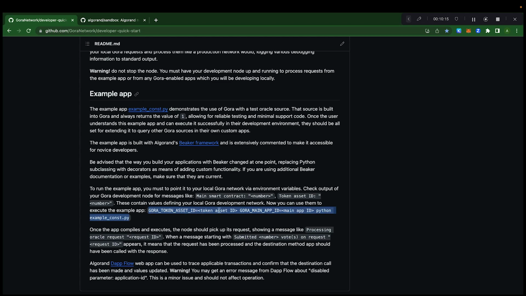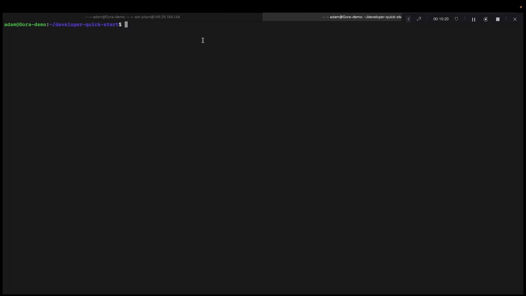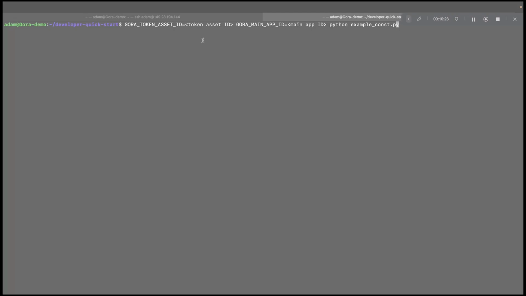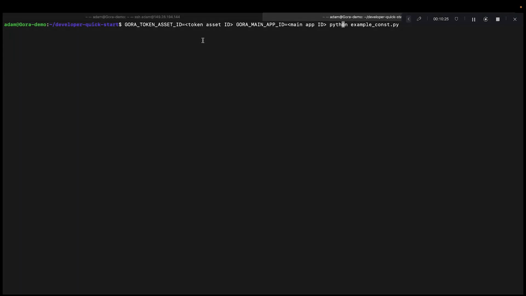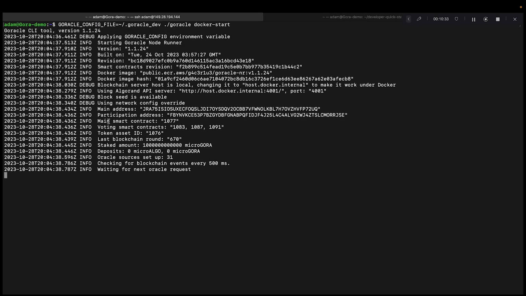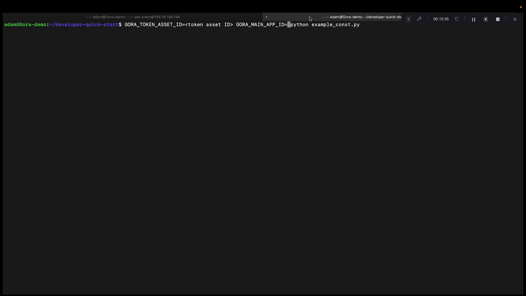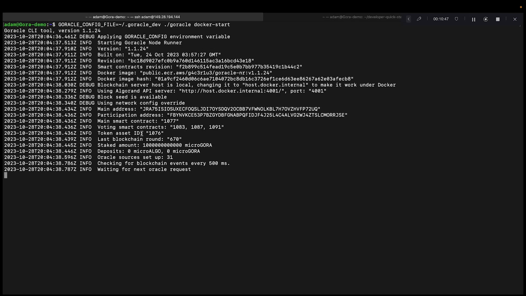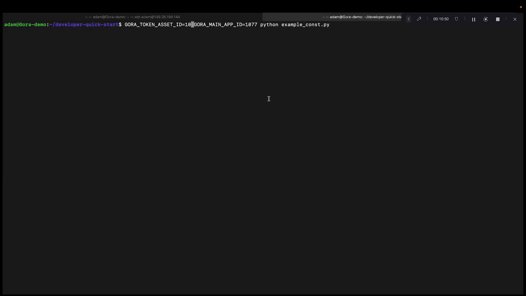But we can see we have token asset ID and the main app ID that need to be entered. And so our main app ID, this is why we kept this up and running in a different window. Main smart contract is 1077. And then our token asset ID is 1076. Okay.